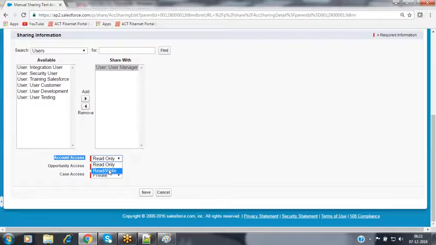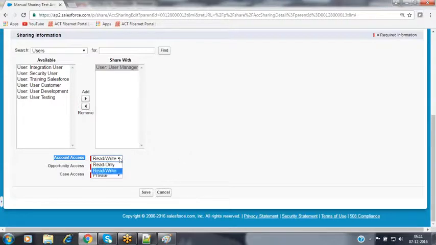Now if you grant the permission as read-write, then the manager user can see the record and he can modify the record values as well. But he cannot remove the record here. Nothing but the people to whom we have granted read-write access will be able to read the record and modify the record values, but they cannot remove the record. Always the owner and his manager will have the full rights to remove that record. The other users inside the organization will not have the rights to remove the record. They can see, they can modify, that's it, they cannot remove the record here.